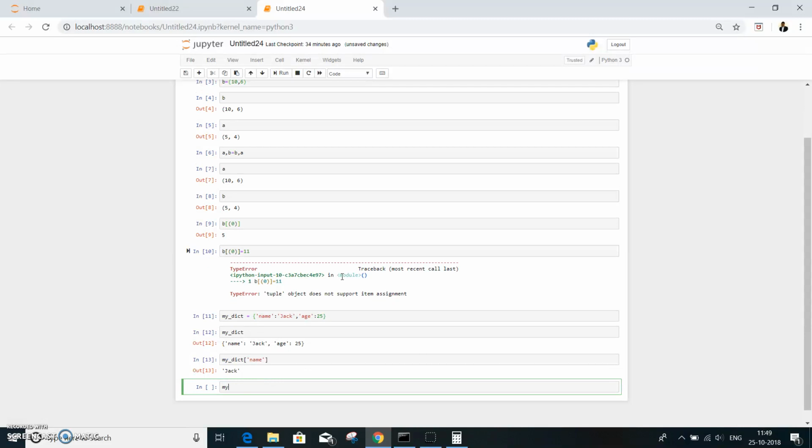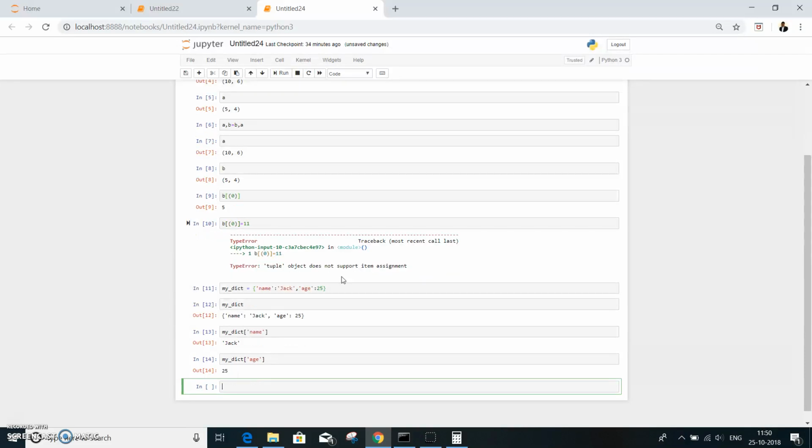So name is Jack, and similarly, if I want to get his age, then age is 25. So basically dictionaries are used in referencing.